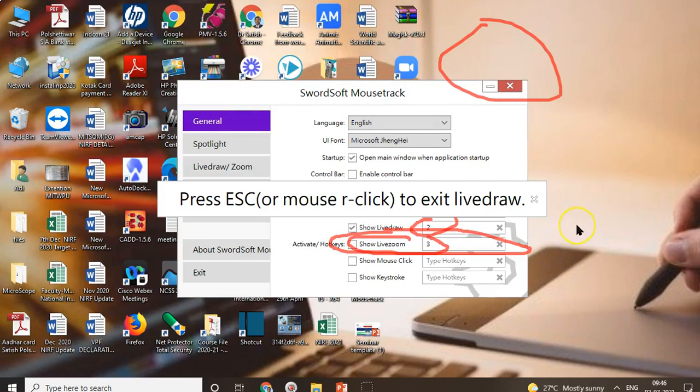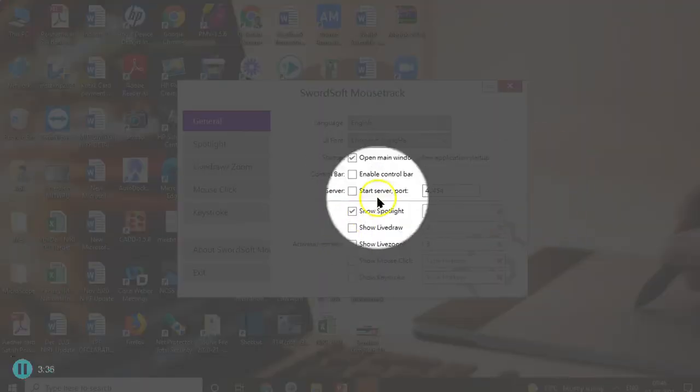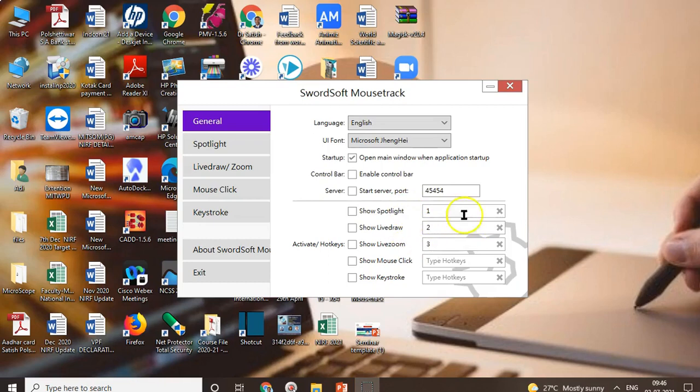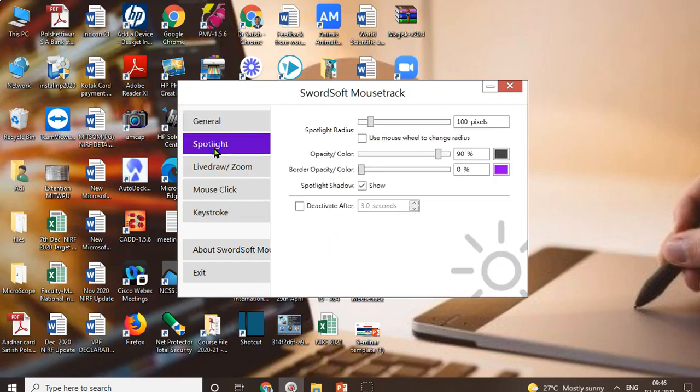This is a very important tool during your presentations. Now see, we can just go over here. Like that you can do. This is a very useful tool. If you want to show something with mouse clicks, you can press 4 over here. You can set the hotkey number. Now see, I'm pressing 5. Now I'm again exploring the spotlight settings. You can do the adjustment over here.